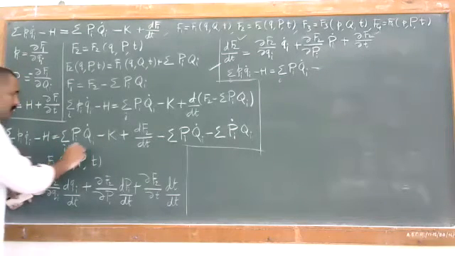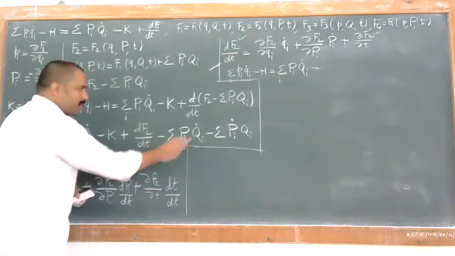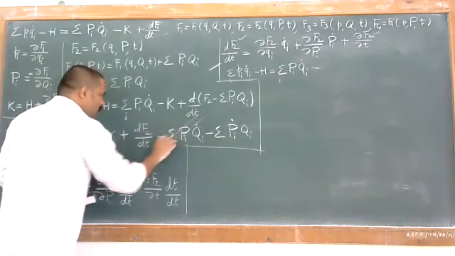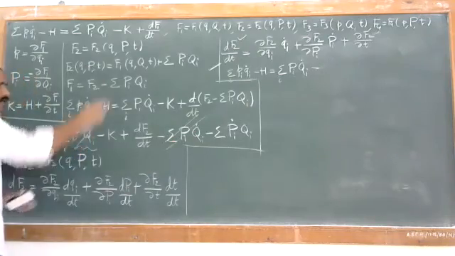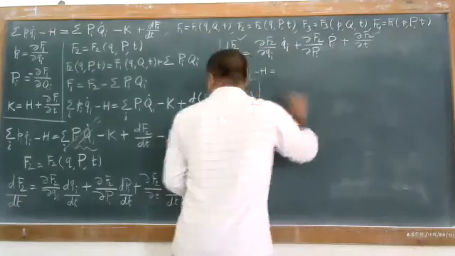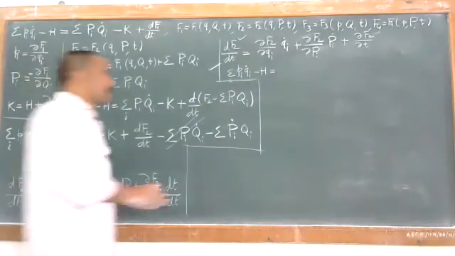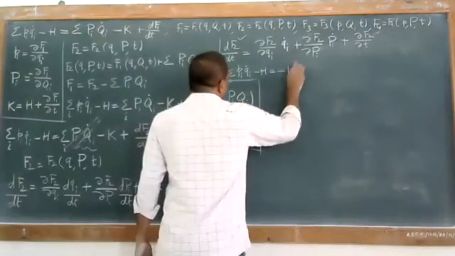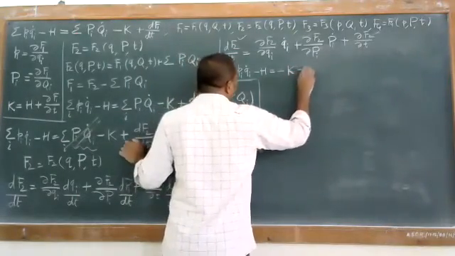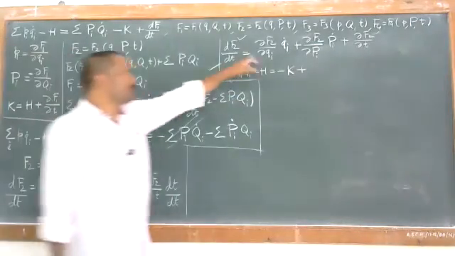If you just check out the values for this, that is p_i q_i dot, and here minus p_i q_i dot, so these terms will get cancelled out, so that I can just keep that term. So you have that point. So the equation that comes out to be minus K plus the value of this dF2 by dt, just check it out.